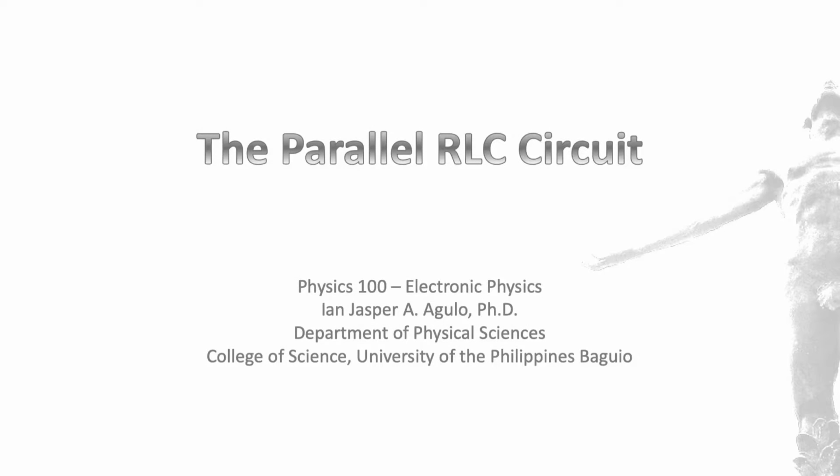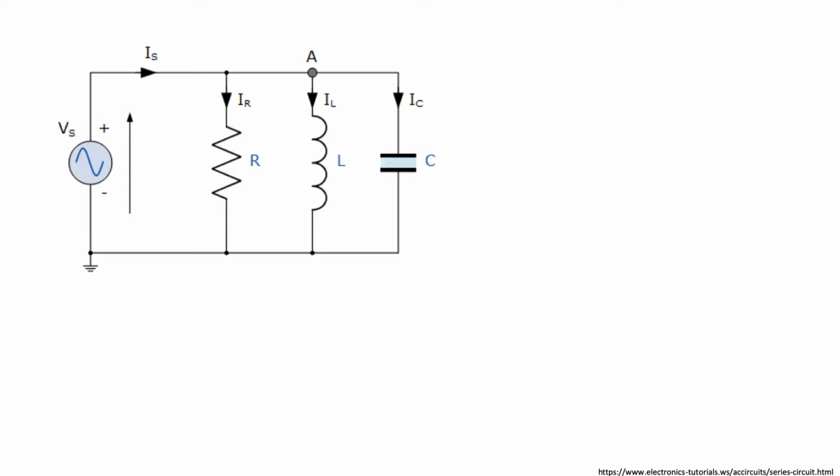In this video, we are going to talk about utilizing the phasors for the parallel RLC circuit with an AC source. The figure shows a parallel RLC circuit with a voltage source. The voltage source drives the source current, which then divides at the junction into the resistor current, the inductor current,